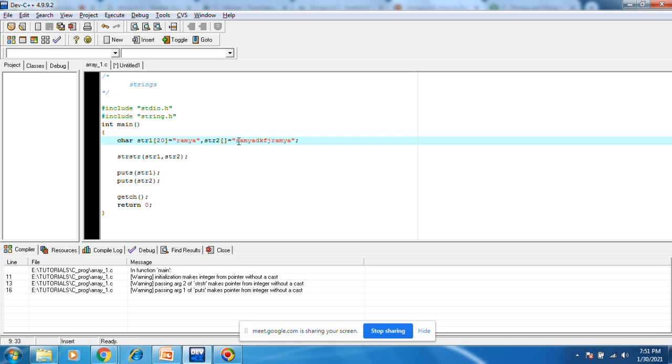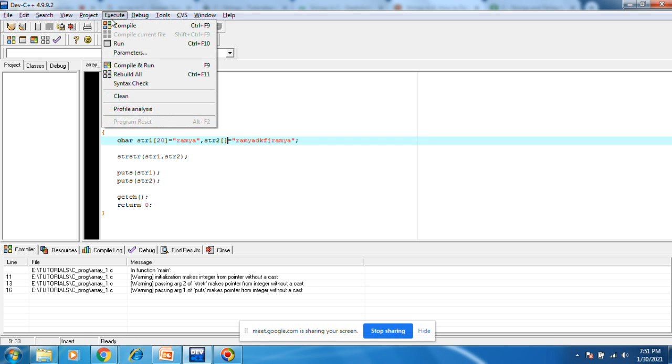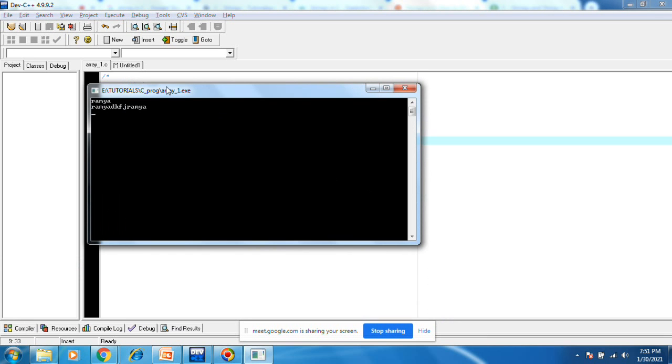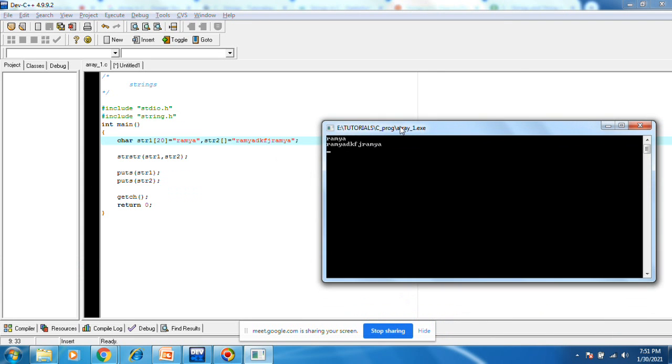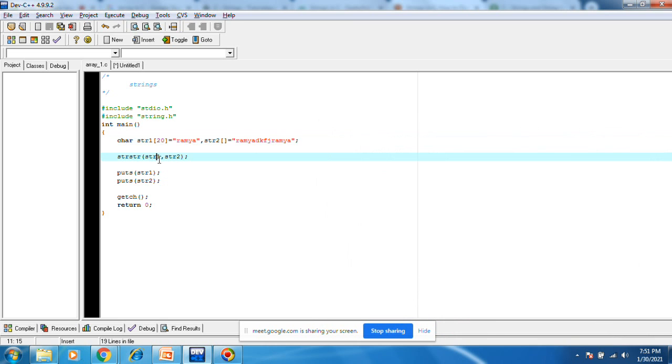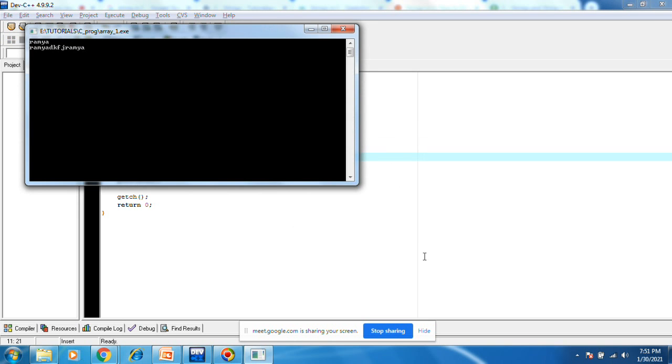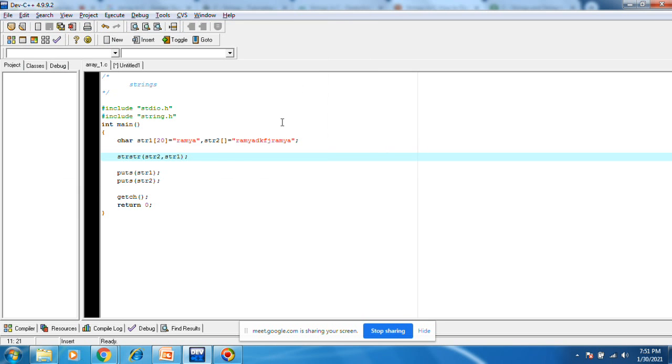You should give the proper thing, that's why it is not working. It is printed. Okay, let's see something. str2 here, str1 here. Execute, compile and run.